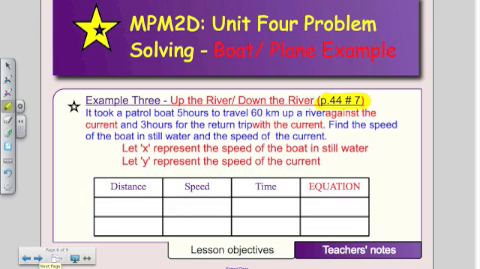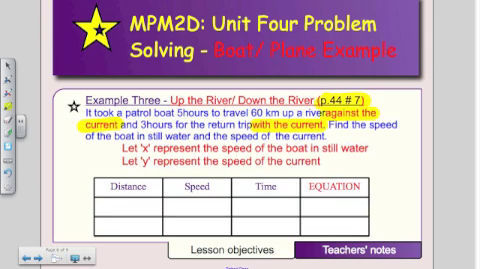It took a patrol boat 5 hours to travel 60 kilometers up a river against the current. That's the main thing. And 3 hours for the return trip with the current. Find the speed of the boat in still water and the speed of the current. So first of all, we're going to set up the equation. Distance, because we're traveling a certain distance, 60 kilometers, up the river, down the river, whatever the case may be,